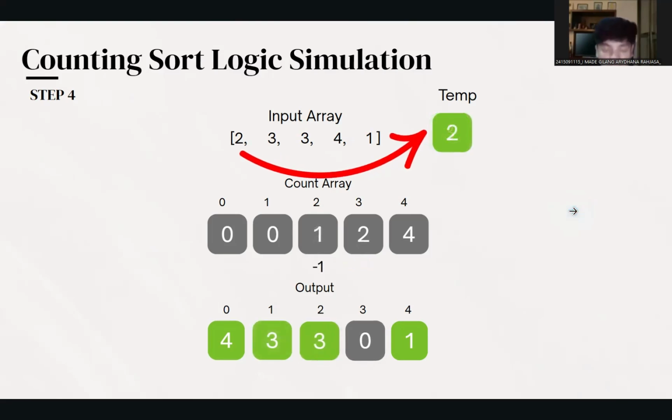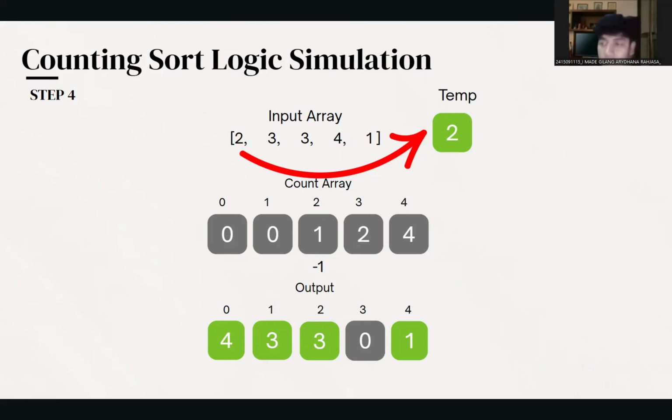Next. And the last is number 2. So number 2 will be put in the temporary variable, and with the temporary variable, we'll search in the count array index number 2 and minus the value. After that, the length of the array minus 1 will be minus by the count array value of index number 2. So the value is 1.